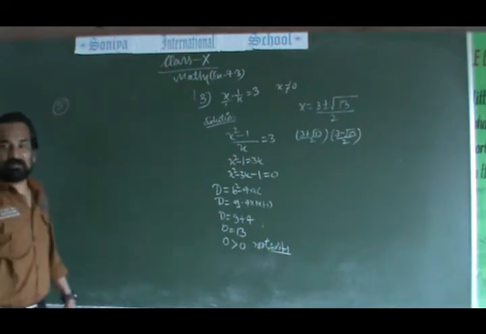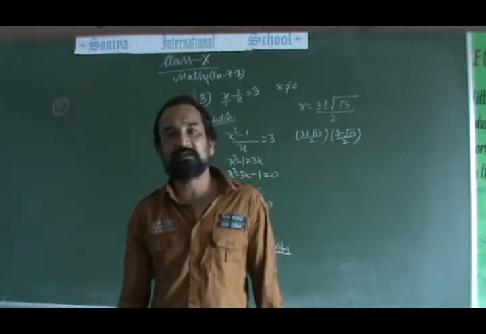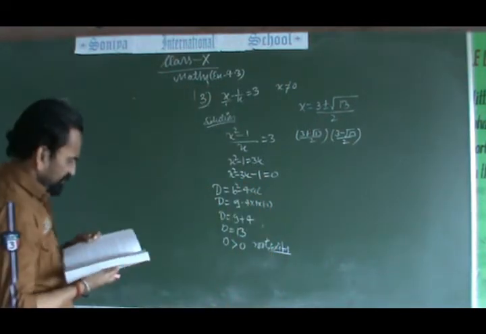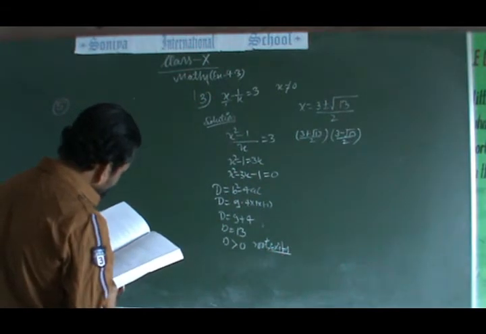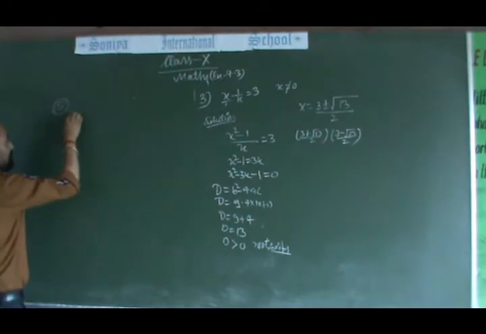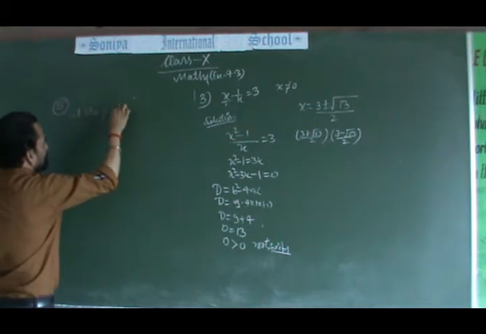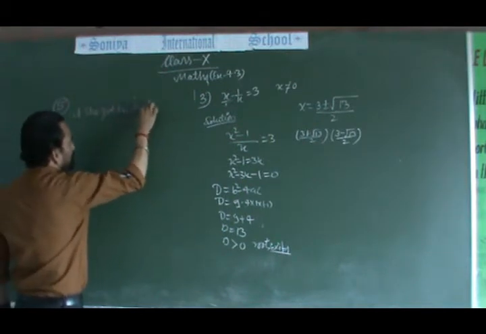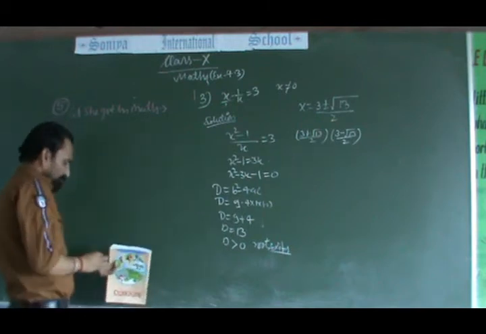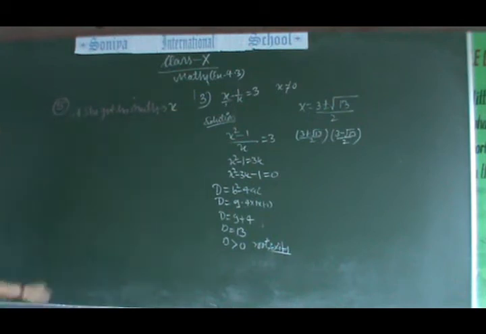A girl of my class, like Falak, appeared in 2 class tests, science and mathematics, and the total marks she got is 30. So let us suppose she got x marks in maths. How many marks did she get in maths? That is supposed by us: she got x marks in the maths.